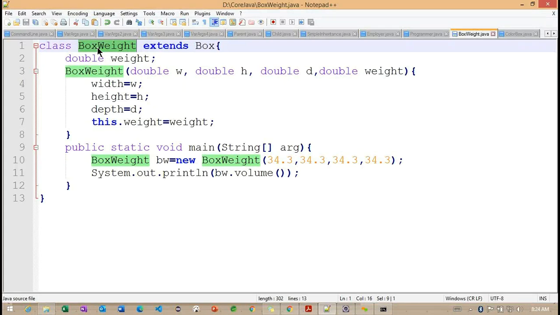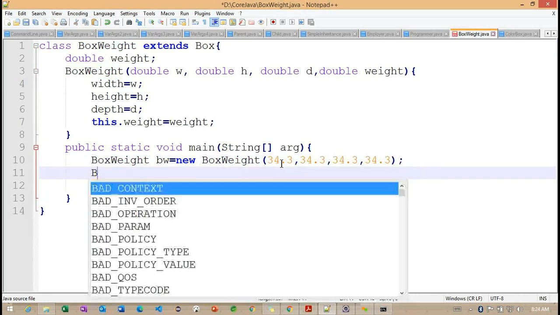Now here we have one important piece of information I want to share. How can we work with the superclass variable with a subclass object here? This is important. To understand this, I want to create one simple object. We'll check with the box weight here, and the box weight I created here.